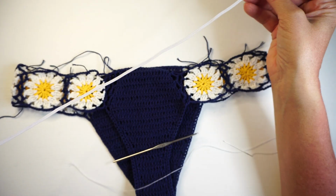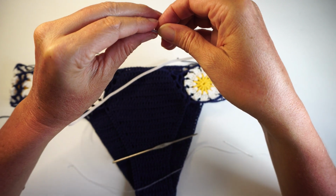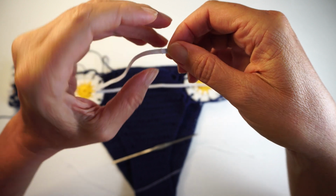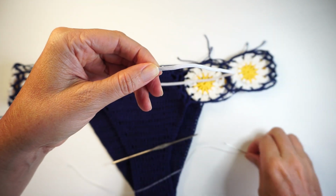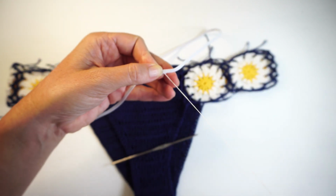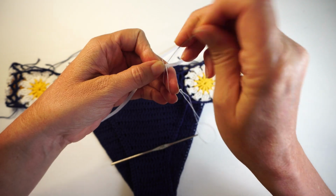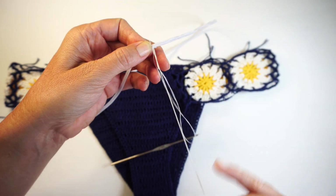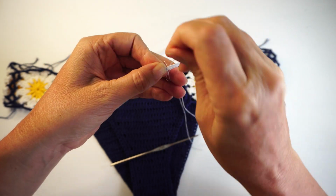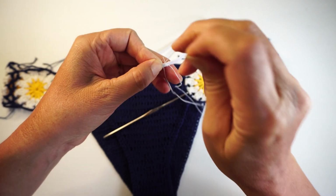And then I'm gonna join both sides together like this. I put both ends like one on top of the other, just like that. And then with the needle and white thread, I just stitch it like that. So I'm gonna stitch them all here, okay? For the sides